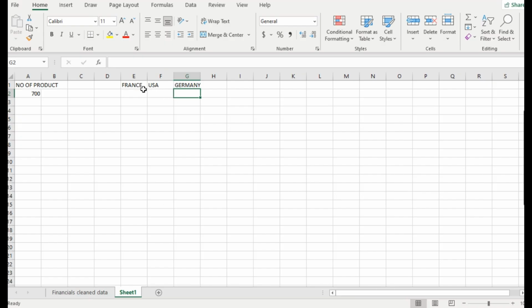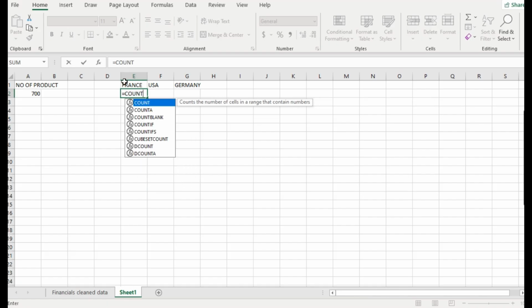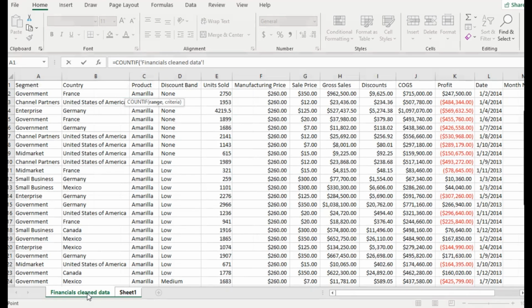So let's say, for example, we want to count the number of products that were sold in Germany. In France, we want to know the number of products in France. Very easy. You press equal to COUNTIF. IF is for one condition. In bracket, what is the range you are counting from? You pick from this column